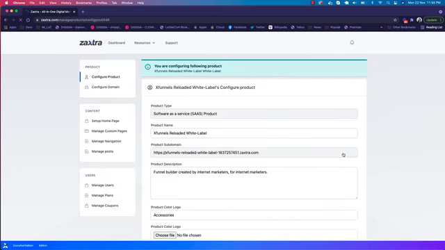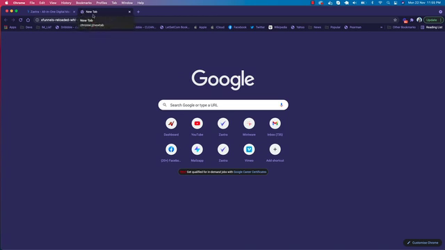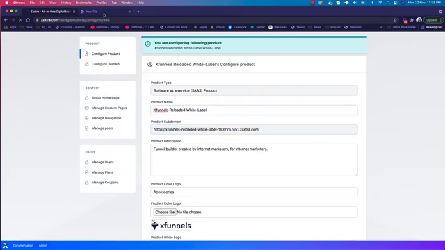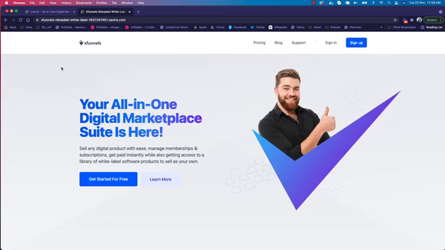On the seller dashboard, we will see a huge list of features, like you can configure your domain and configure your product. This is the URL of your product. If you open this URL, you will see the sales page of the product, which is already set up. So I'm going to open this now. This page has been opened, as you can see, and on this page we have the logo of Xfunnels, and the pricing link, blog link, support link, sign in link, and sign up link.